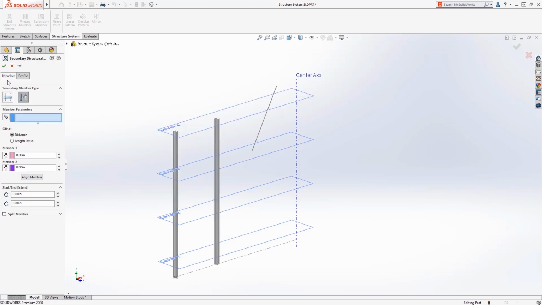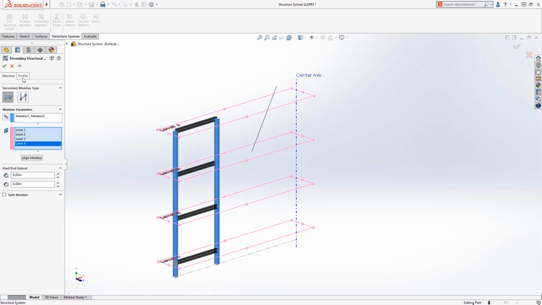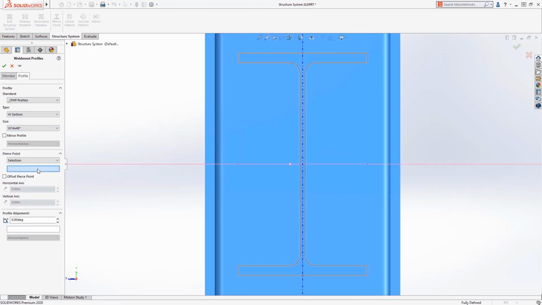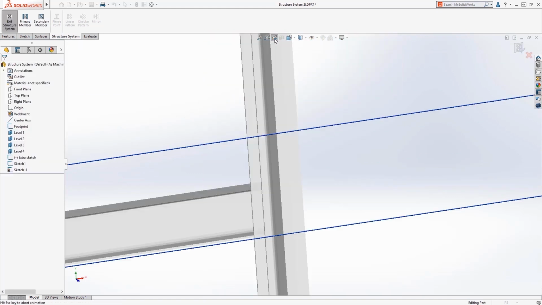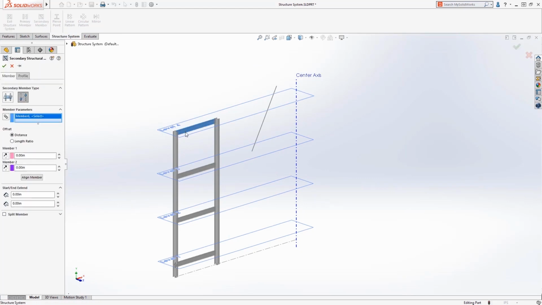The member extrudes in the direction of the reference plane, or you can choose a sketch segment as a direction to define the members. As introduced in SOLIDWORKS 2019, secondary members can be added using support planes, and for these a different weldment profile will be used. The top of these members need to align with the selected planes, and to accomplish this an alternate pierce point can be selected. Another secondary cross member can be added using the between points method, and we'll define this member to go between the corners.